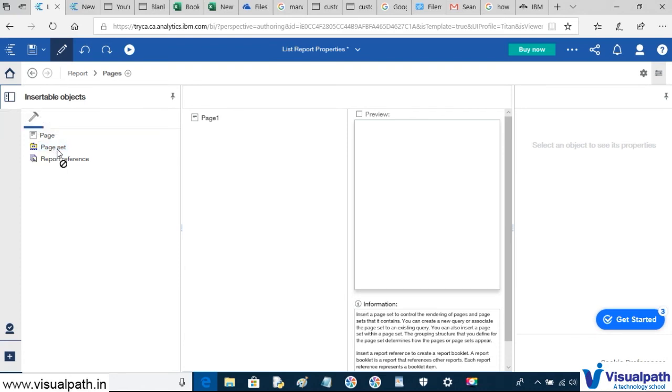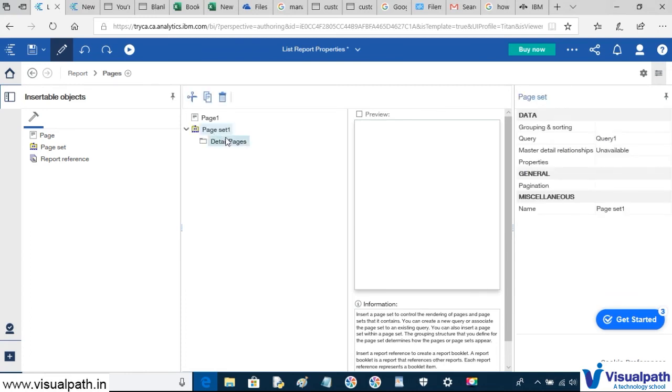Drag and drop this page set in the portion below page 1. Now click on this page set, and under query, select the required query. The query on which we want to apply this page set is query underscore list. This is the query that is associated with the list. Now click on grouping and sorting.